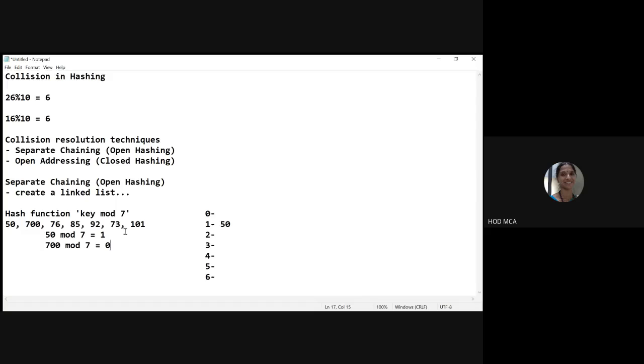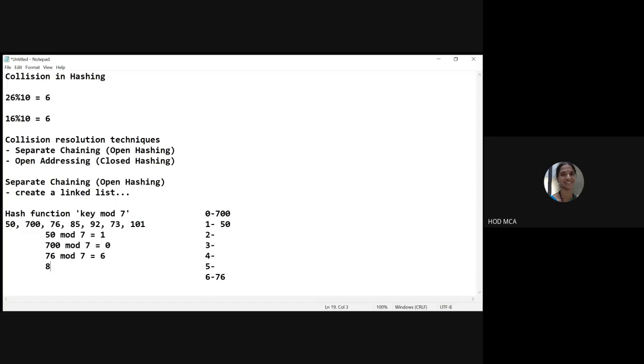So in the 0th location, I am going to store 700. Next, I have 76. 76 mod 7 is 6. So in the 6th location, I will store 76.